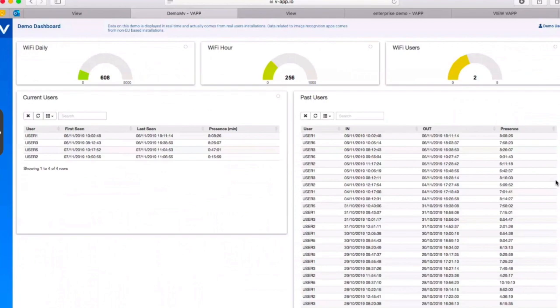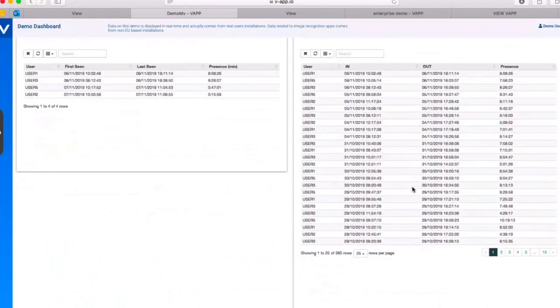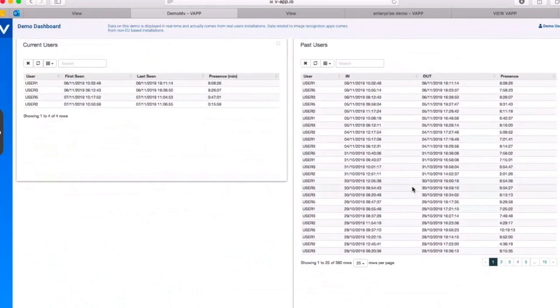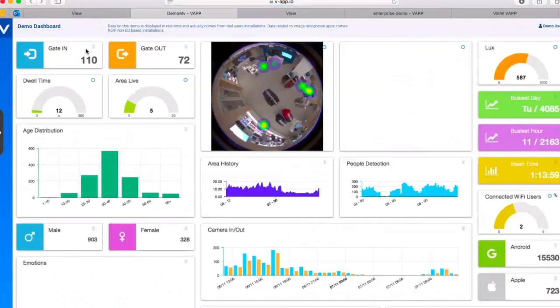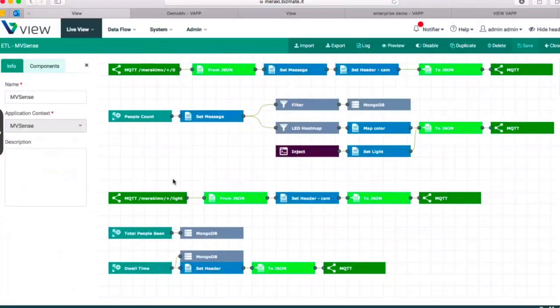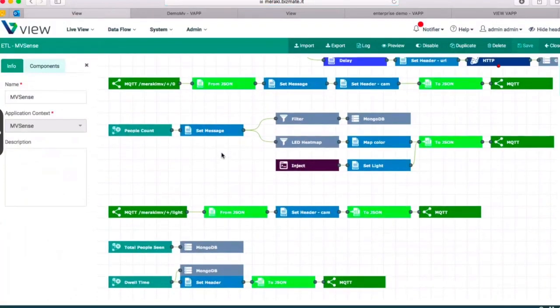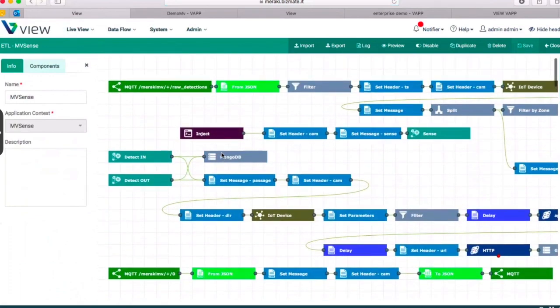This is an office in Rome, where we are using the system instead of the classical badge, to know when people enter and leave the office. So we have the timetable of the people in the office, only using their devices, System Manager, and Meraki Wi-Fi. All of this is coming from the View platform, which is the engine